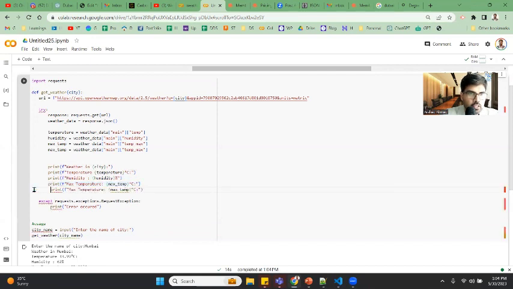We need to just make sure the indentation is proper. Okay, in place of max, we'll put min. In place of here, we'll put min temperature is equal to temperature